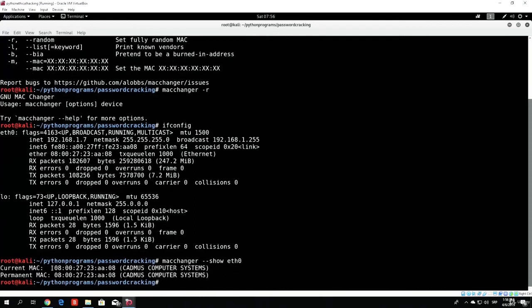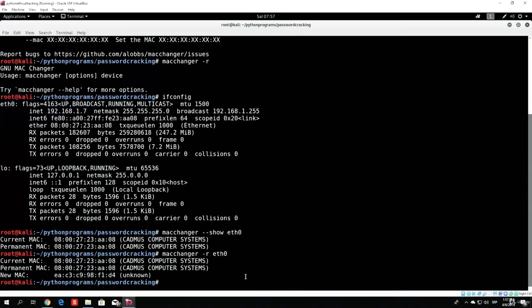And you can see that the current MAC is this MAC address for my interface, or for my Kali Linux machine at the moment. And my permanent MAC address is the same MAC address, since we didn't really change it yet. So make sure that at the end of every command you specify the name of your interface, otherwise this won't work. In order for me to actually change my MAC address, I will use the option -R, and then I will also add my eth0 interface, which I am currently connected to the internet with, and run this once